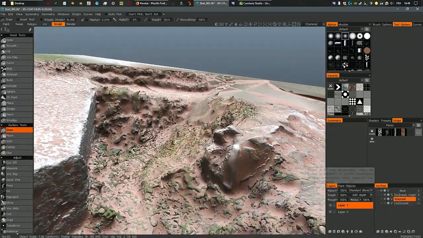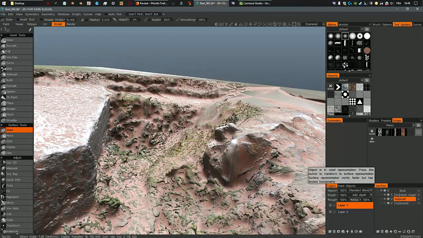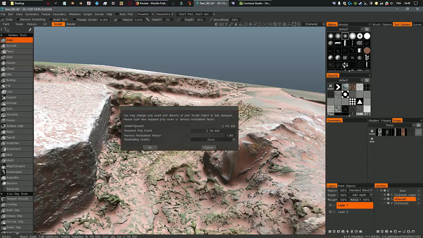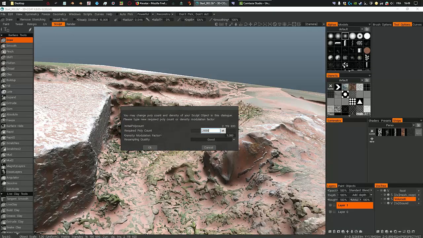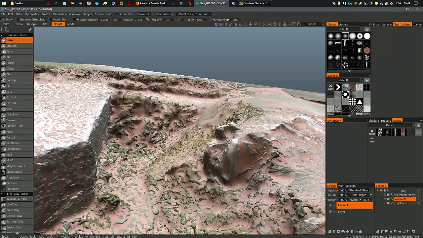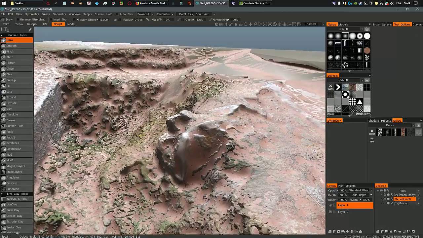So I turn my new mesh to surface mode, and I right click to resample it. Let's give it 20 million polygons in this case. The original scan is 14 million, but since there are some areas that are just not captured, I think maybe 20 should be enough. So now that I have both visible,